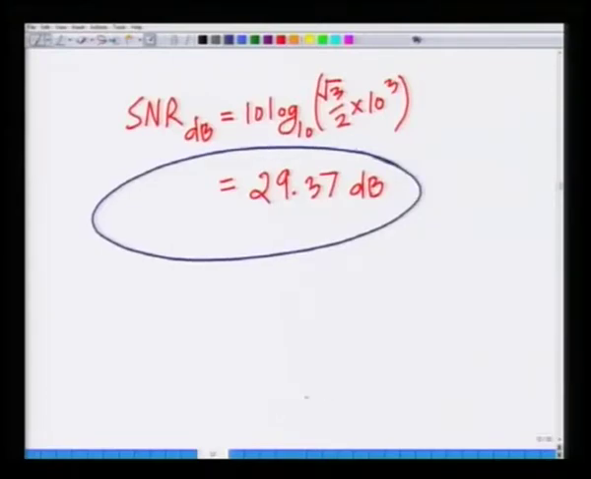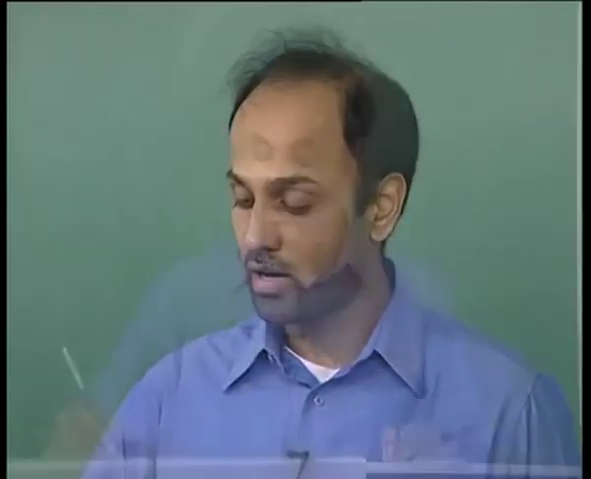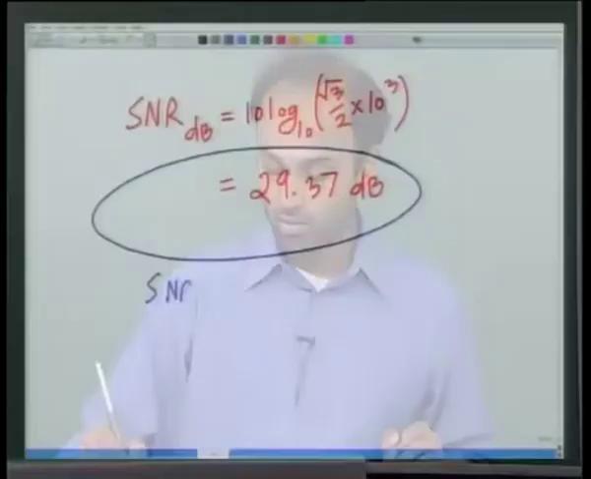So, what have we now computed? We have computed the SNR required to achieve a bit error rate of 10 power minus 6 in a wireless communication system with 2 receive antennas, and we are saying that SNR required is 29.37 dB. If you remember, with one receive antenna, the SNR required